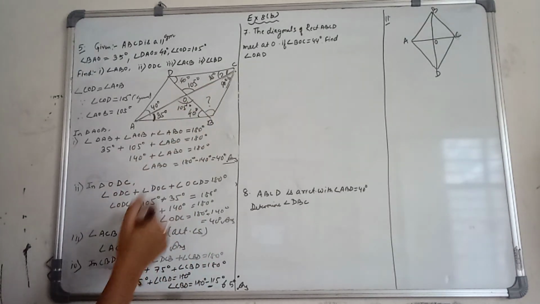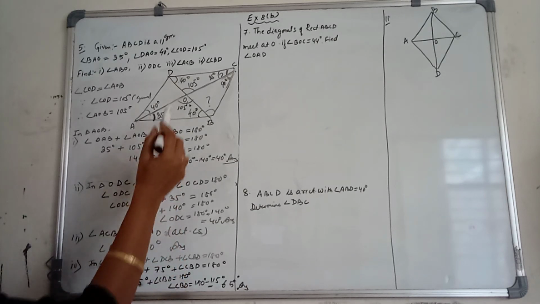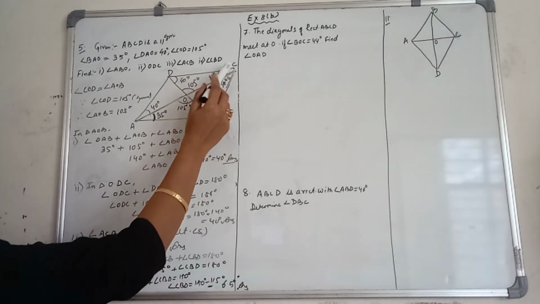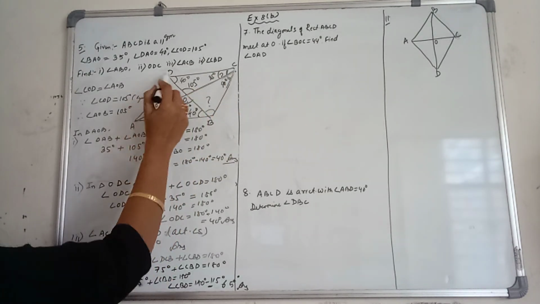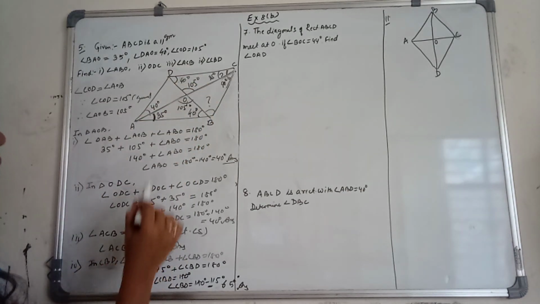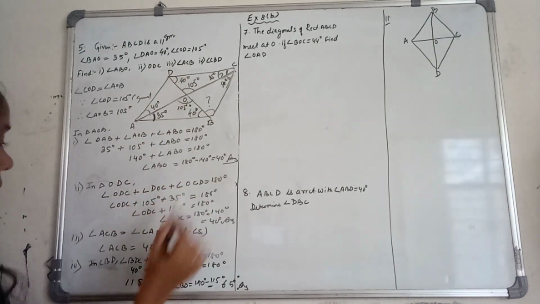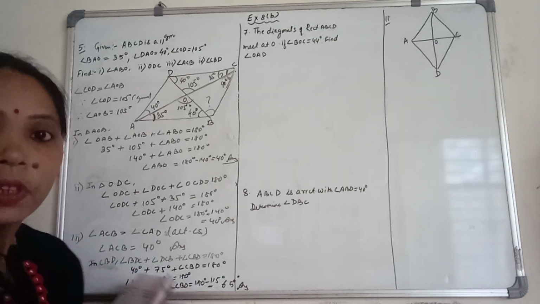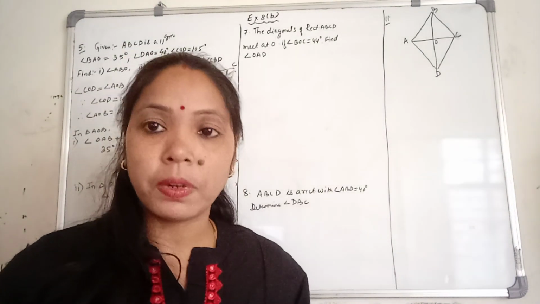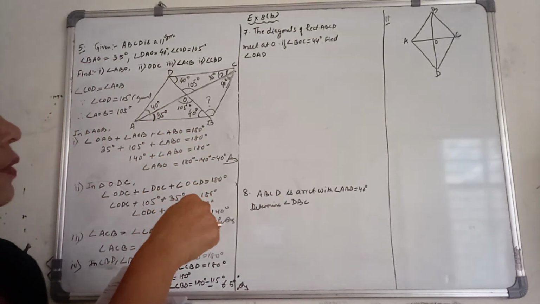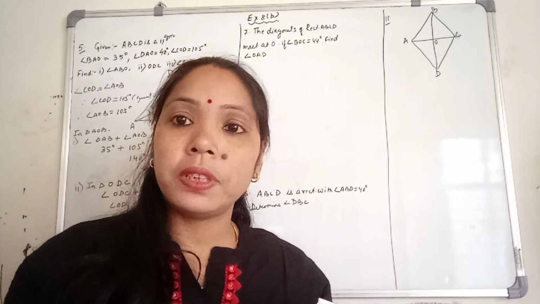Number third, we have used here alternate angles because angle ACB and angle CAD, these two are the alternate angles. So angle ACB is also equal to 40 degrees. And for part number 4, we have used the triangle CBD. Again, sum of the angles in a triangle is equal to 180 degrees. So this one you do in your maths copy. And the rest, question number 7, 8, 11, I am going to continue in the next video.